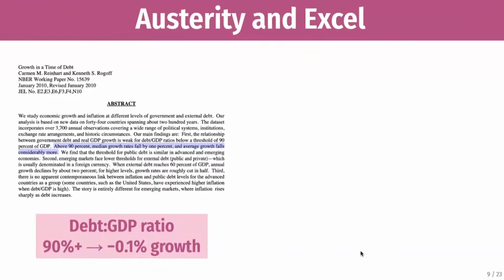You want your economy to grow. And so the policy implication from this is to force your country to have a low debt to GDP ratio and not take on national debt. This was published in 2010, which was in the middle of the Great Recession in Europe, and also the Great Recession here. And so lots of policymakers throughout Europe and in the United States